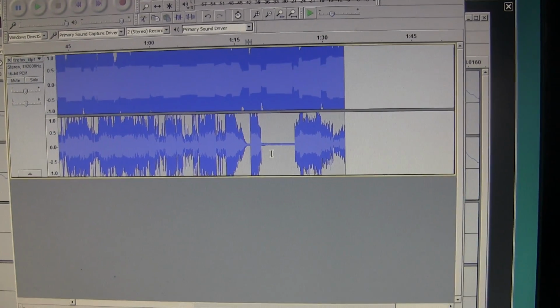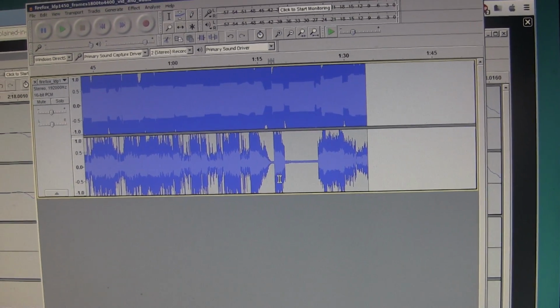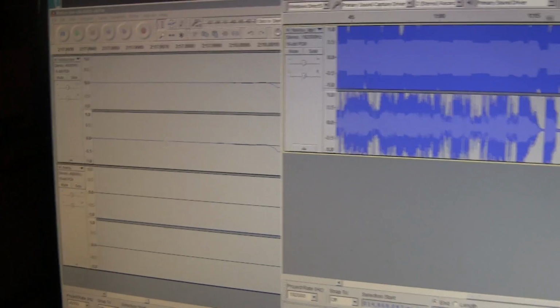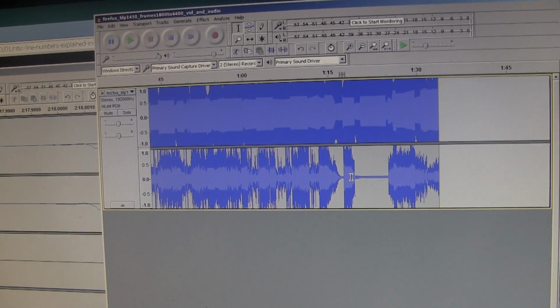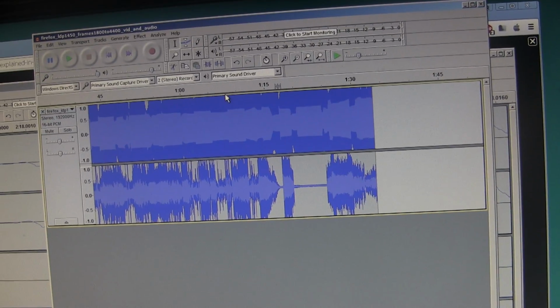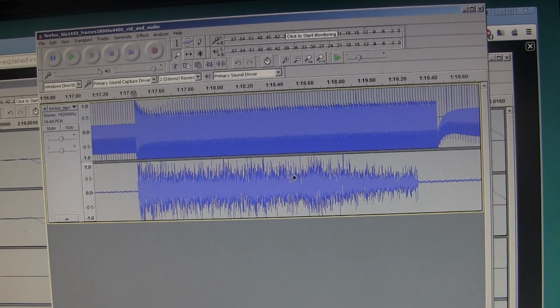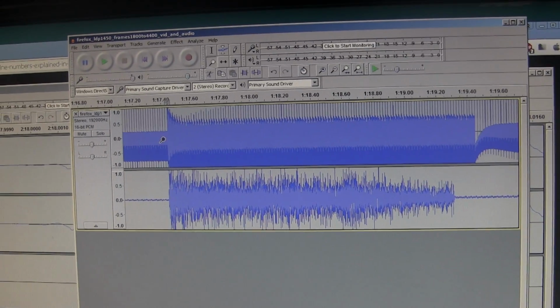I don't know if you can tell, but this is the same area of the disc that I'm looking at over here. This is the very end of the track mode where it does this burst of sound, and then it's silent, and then the game starts right here. And you can kind of see,